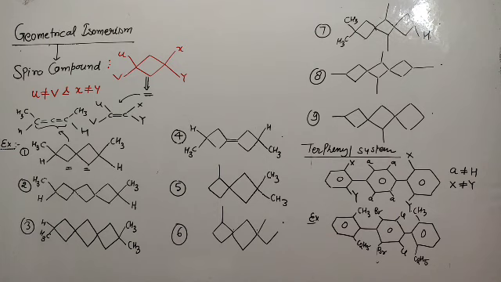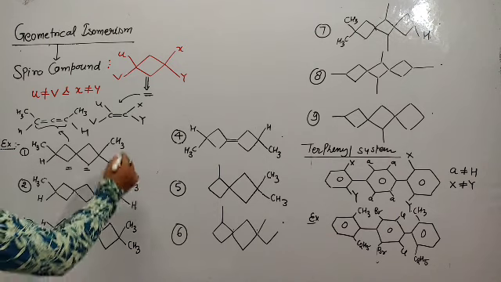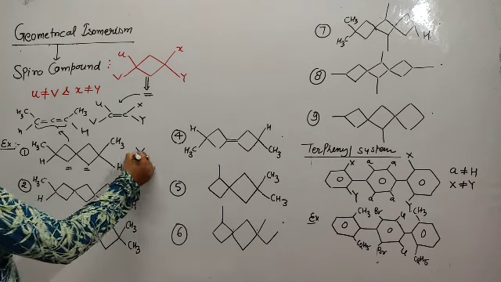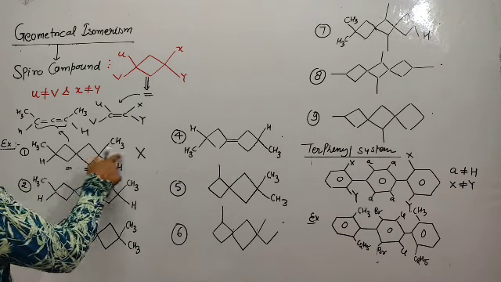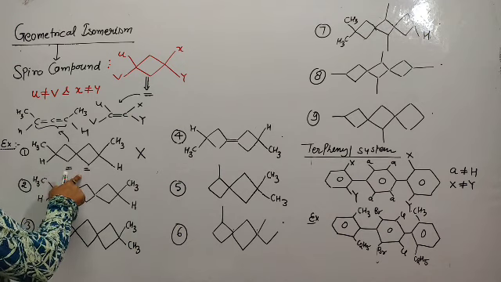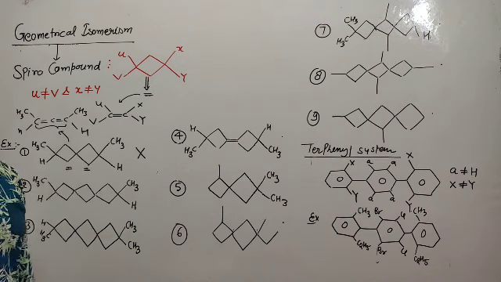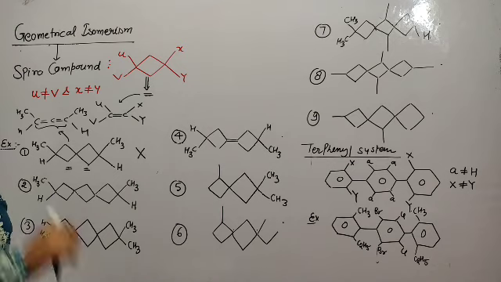Yes or no? Yes. So that's why this molecule does not show geometrical isomerism. Both groups are different but the number is even. What is the condition? Both groups must be different and there must be an odd number of multiple bonds. But here it is an even number, that's why no geometrical isomerism.